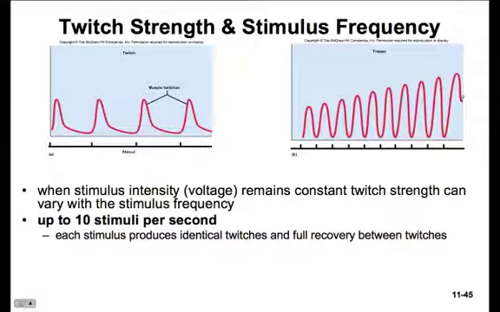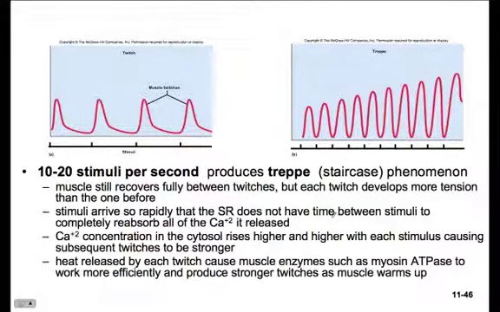This pattern of increasing tension with repetitive stimulation is called treppe, or the staircase phenomenon. The muscle still fully recovers between twitches, but the stimuli arrive so rapidly that the sarcoplasmic reticulum doesn't have time between stimuli to completely reabsorb all of the calcium it released. Thus, the calcium concentration in the cytosol rises higher and higher with each stimulus, which causes the subsequent twitches to